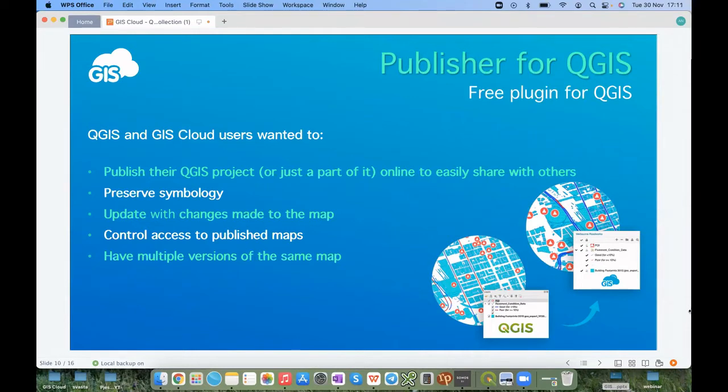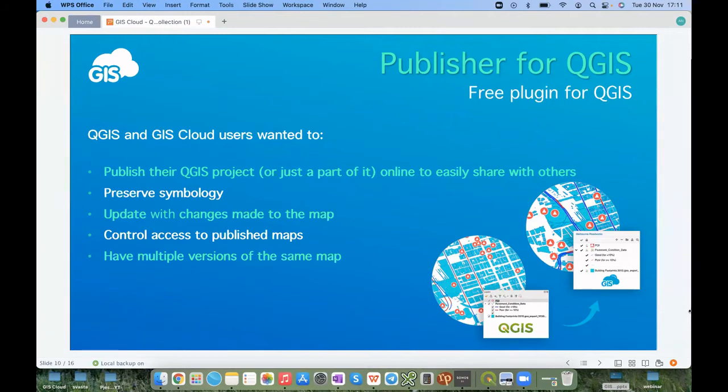So the first option is, what do you do if you have all of the data ready? You are working on a map in QGIS. You want to publish it and make it available to others. The simplest way would be to use our QGIS Publisher, or as some call it, QGIS plugin. And what does it enable you to do? It takes any project map that you have created in QGIS, and it simply copies everything into GISCLOUD, into your account. And that way you can easily share this data with a number of different users, whether it is privately